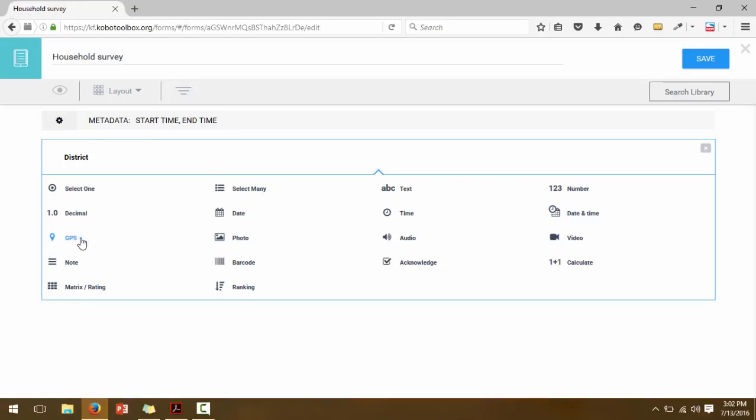Once you select GPS, then there you have it. It's just going to collect GPS. If you want to capture a photo, this is where to go. If you want to capture an audio, this is where to go, and so on. All right, we have gone through this, and you have a guide which can take you through explanations of all